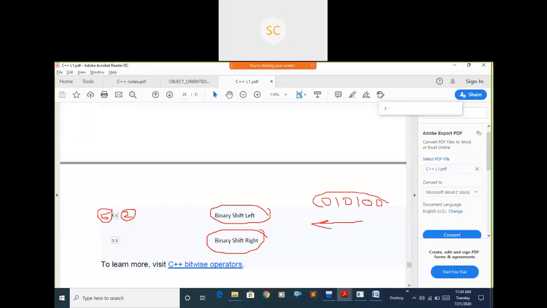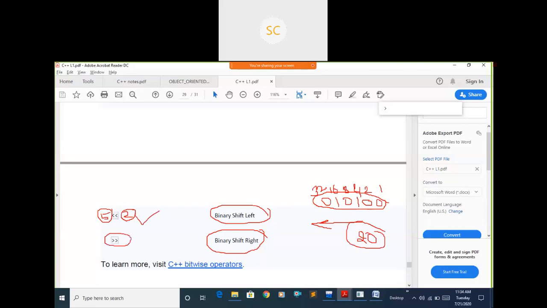Now this value has changed. This is the 1, 2, this is the 4, this is the 8, this is the 16, and this one is the 32, doubling each time. Now calculate the value. In the 16 position 1 is there, means 16, and the 4th position also has 1. 16 plus 4, finally you will get 20 as the output. Binary left shift means you are specifying here how many positions you need to shift the bits. Here I have shifted 2 positions left.